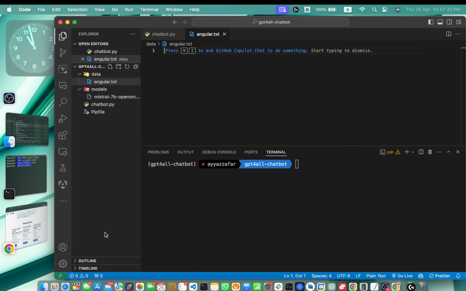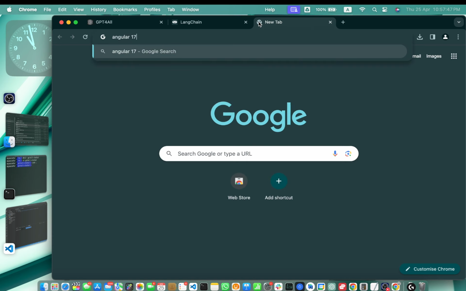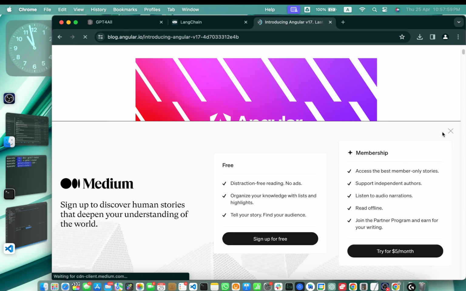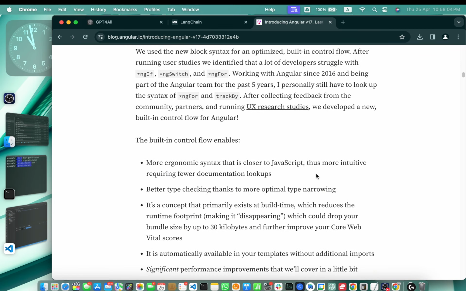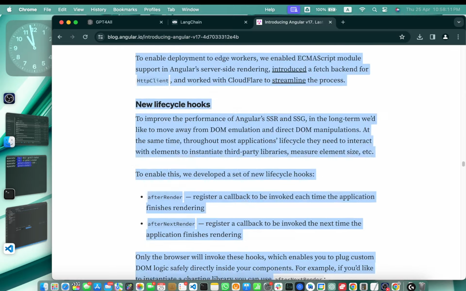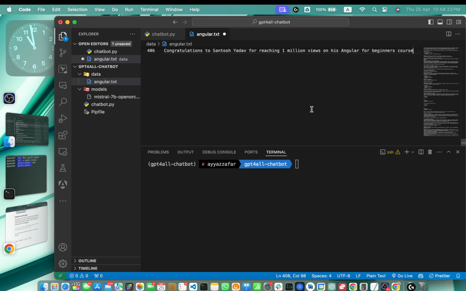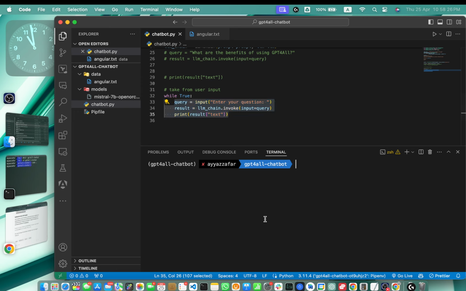Angular.txt. Let me open a Medium article about the new features in Angular 17. This is the Medium article about all of the new changes in Angular 17. I'm going to copy all of the data from it, and we will move it into the .txt file. Okay, I have pasted the content in the text file, but before running it, let's verify if it knows anything